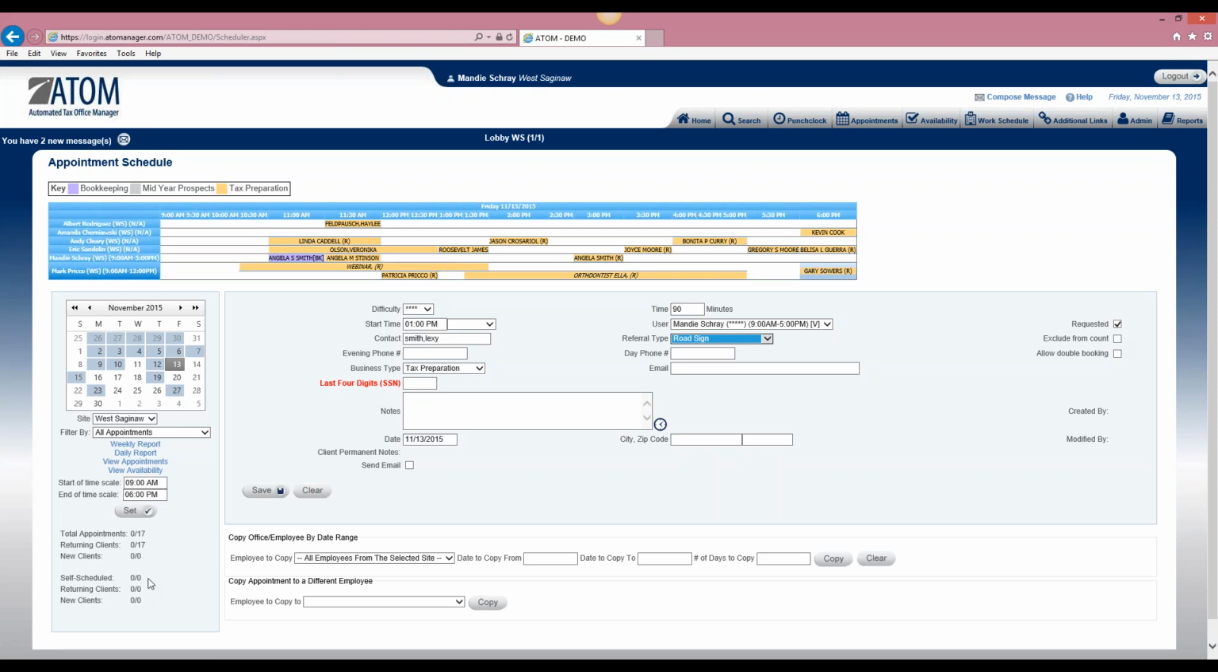Then the self-scheduled section: these are appointments that have been self-scheduled either through the client portal or through the appointment scheduling links if you've put those on your web page. And this will track the number of returning clients and new clients that have self-scheduled their appointments. As these clients come in throughout the day, you'll be able to see how many of those clients kept those appointments. So it just gives you an overview of where your appointments are coming from and who's